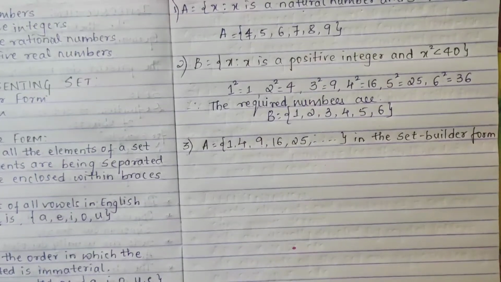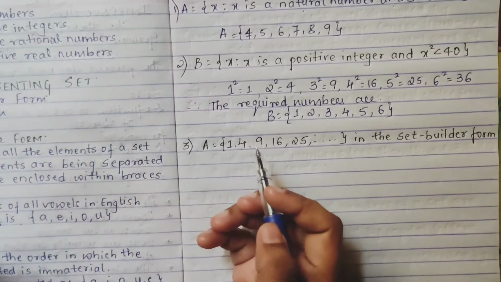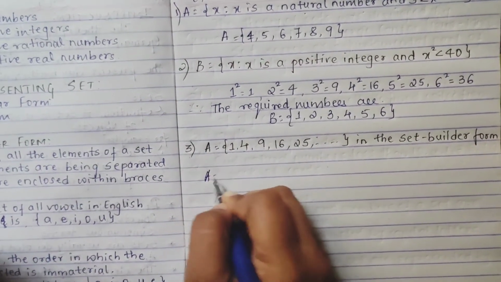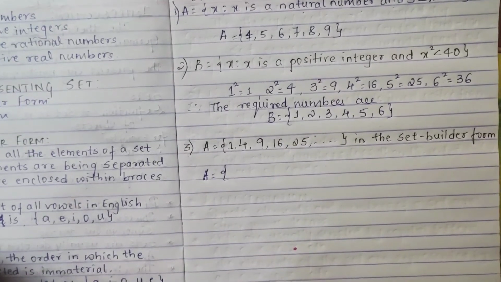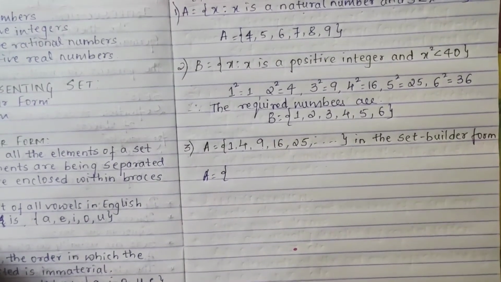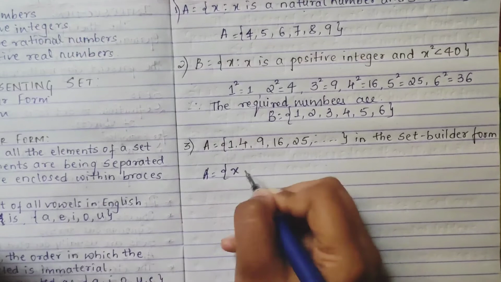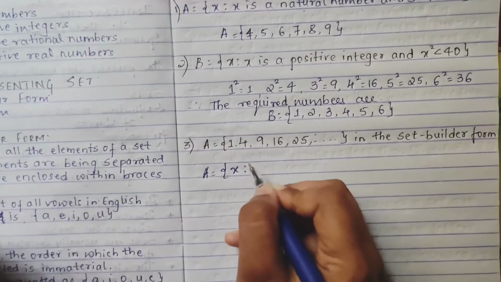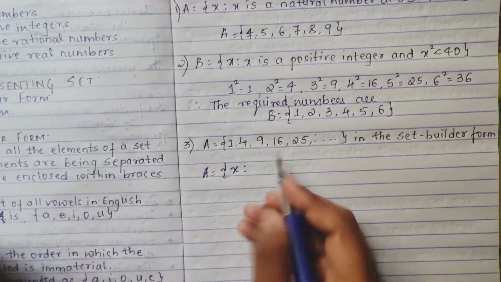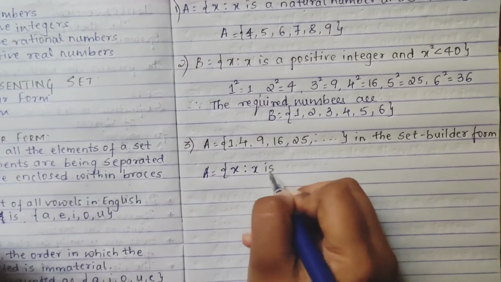So you have a common property, just simple, you have a common property, now you have to write it. So how will it be? We are taking A only, and I have told you, we should take a single variable. You can take x, you can take y, you can take z. So how will you write it? x such that, x is a